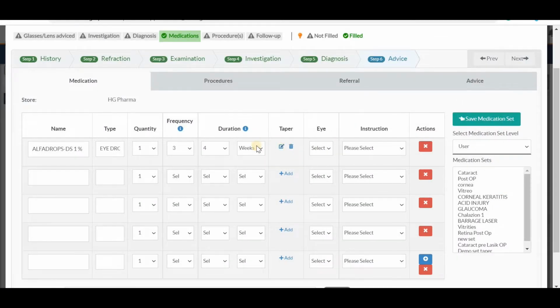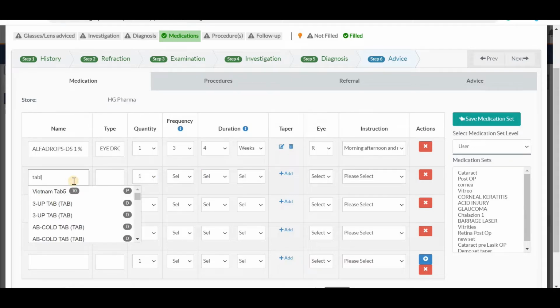So once that is saved as a set, you can see here this is saved as a set and applied here. So we can later on select this basic information related to the laterality and all of that. So similarly, let us see how to taper it down based on the